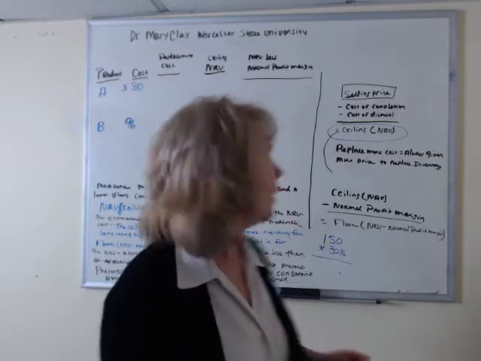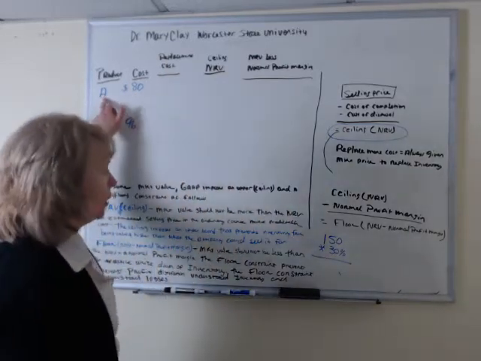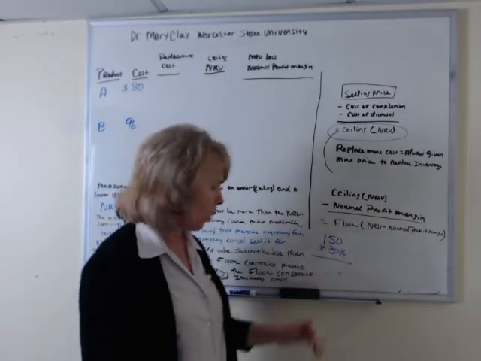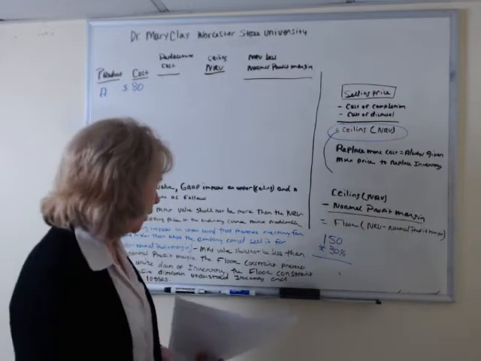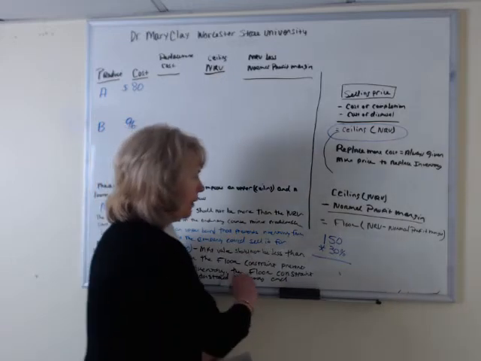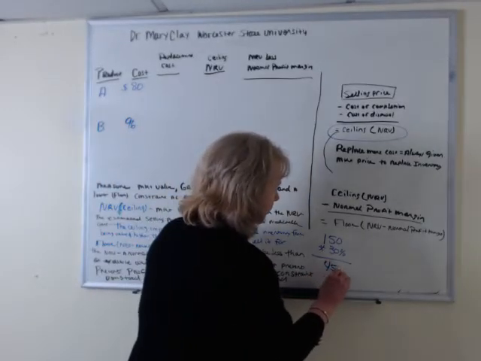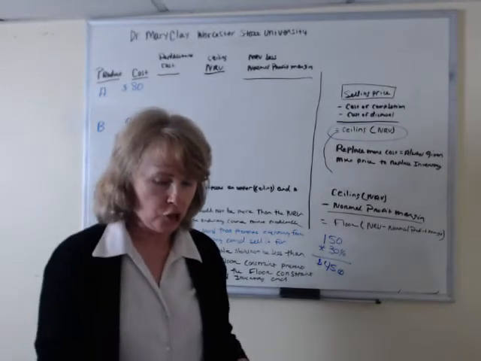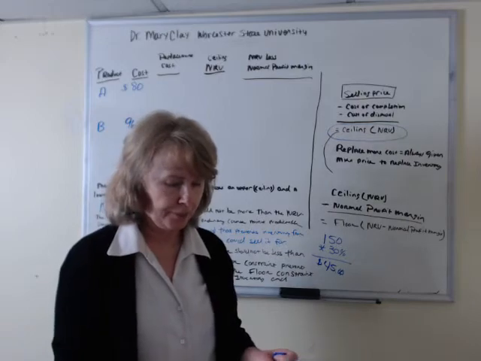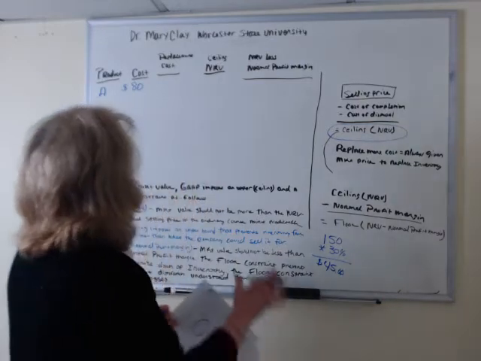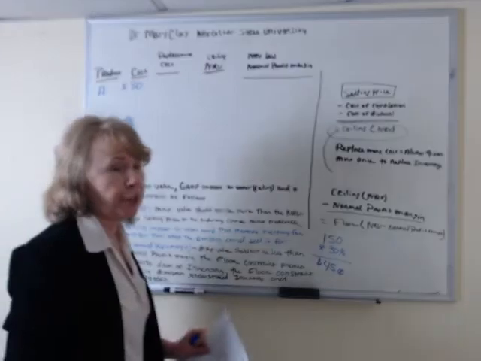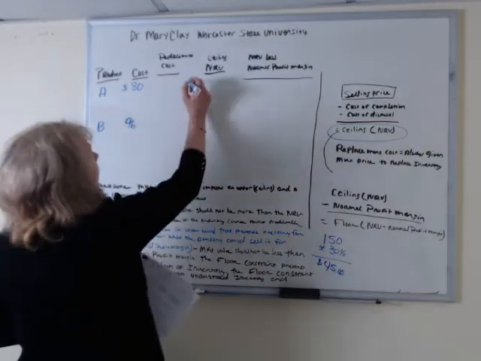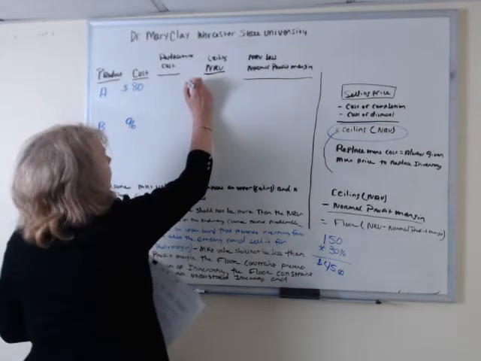I'm going to go over how to compute A first. So here, I'm just determining over here. Here's the selling price, $150 times 30%, okay? And that gives you $45, all right? That is the normal profit margin for product A. Okay, now, first thing we're going to do is we're going to figure out the ceiling. All right, so the ceiling is $150